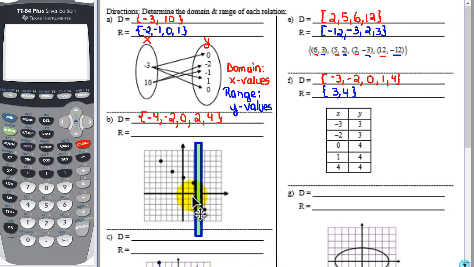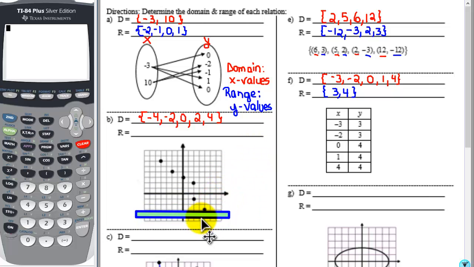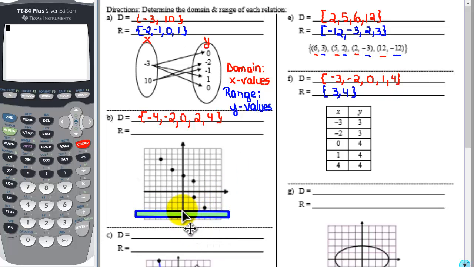To do the range, what we need to do is, instead of using a vertical line, we're going to flip this line. I'm going to turn this pencil, okay, and we're going to move from bottom up. And as I move from bottom up, I'm going to pay attention to my y-axis, because I want to know the y coordinate for each one of these points. So I use the ruler to see where the point is, and then I use it to see what's the y value of that point. So let's go ahead and write our answers. The first y value is going to be